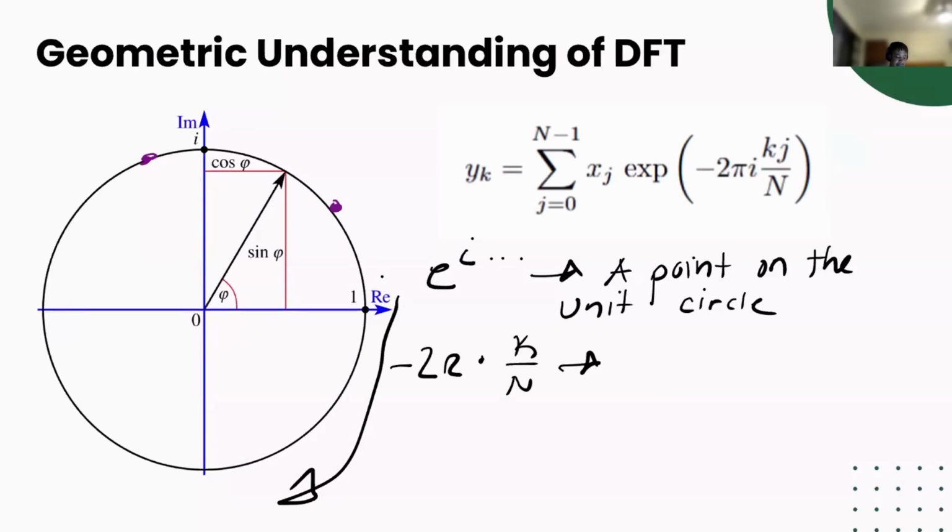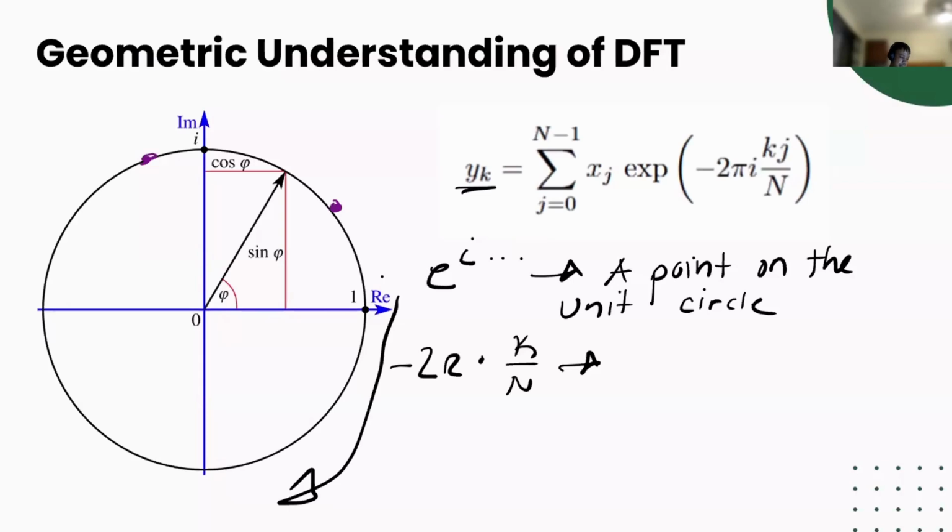Now, finally, I said that this complex exponential has a period of 2 pi, but now we can scale it by a specific amount, this k value, this k over n. So k is an integer as well as n, and we specify what we're talking about by this index here. So we're basically taking steps around this complex unit circle.